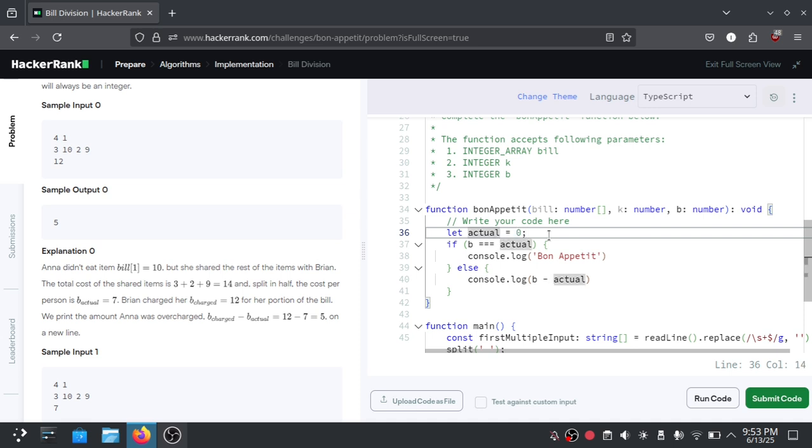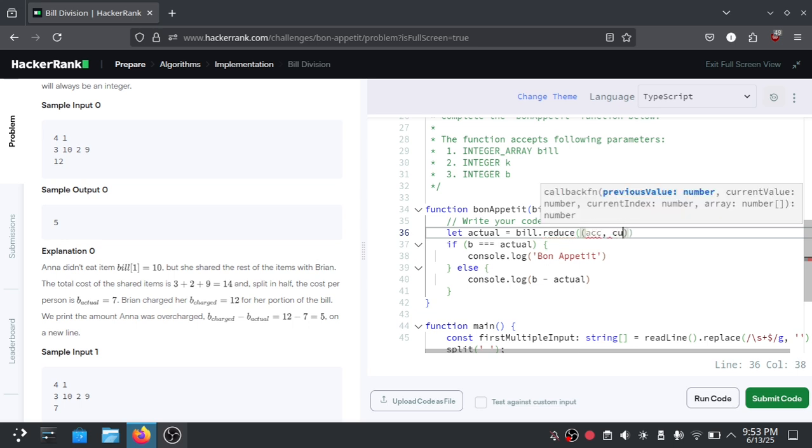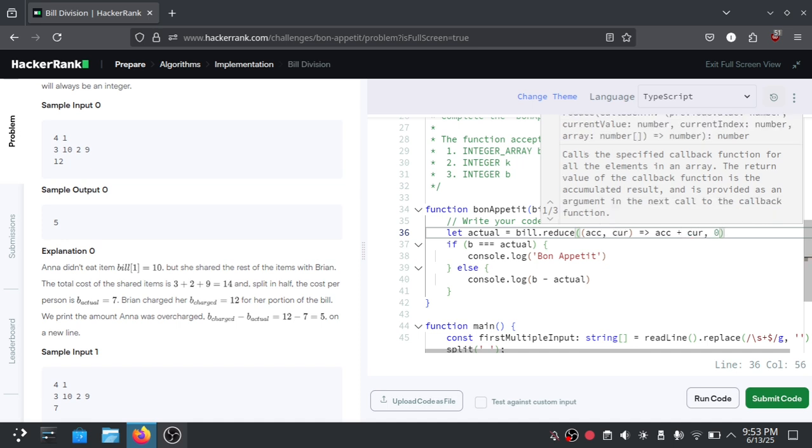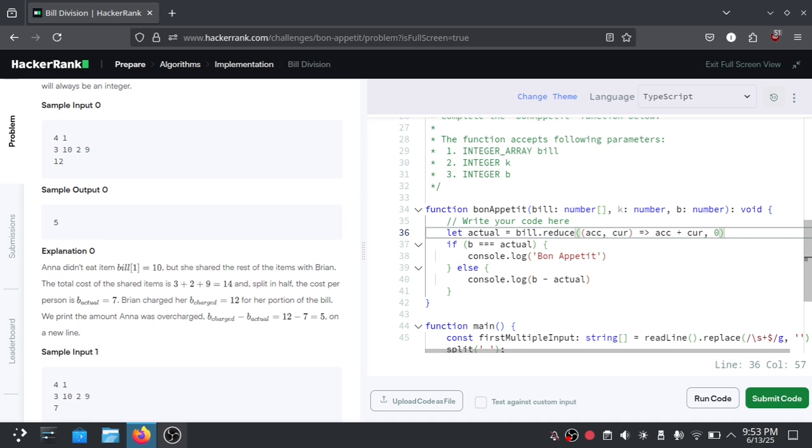So with this actual value, we can use the bill reduce function, using the accumulator and the current parameter on the callback function, and then using the initial value of 0. So in order we can get the total price inside the bill array,